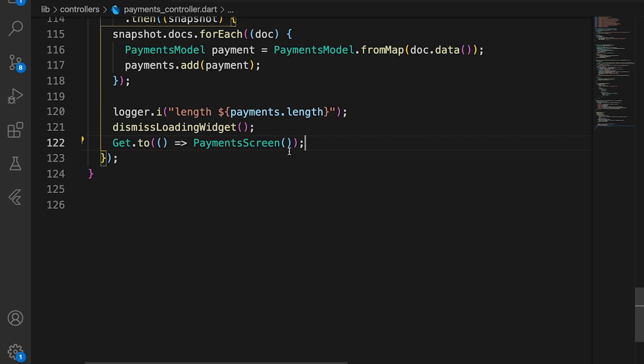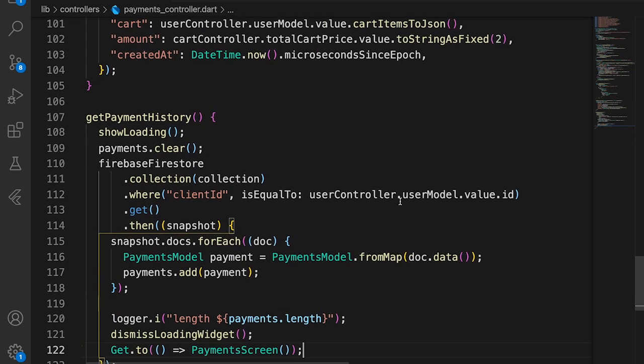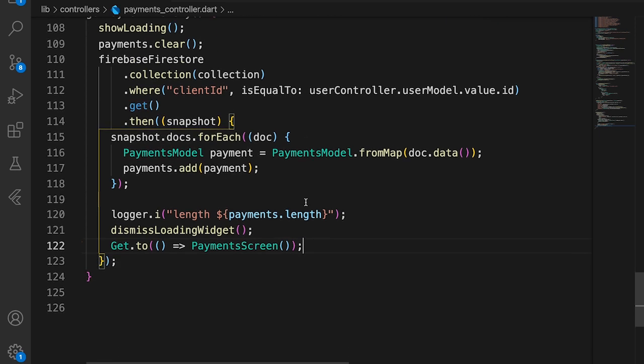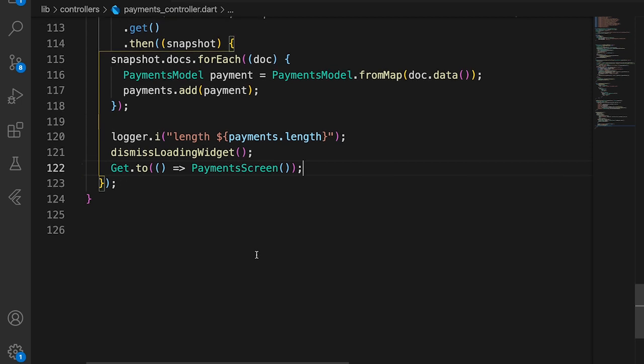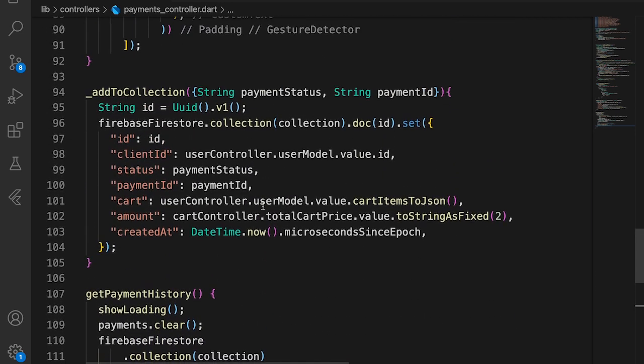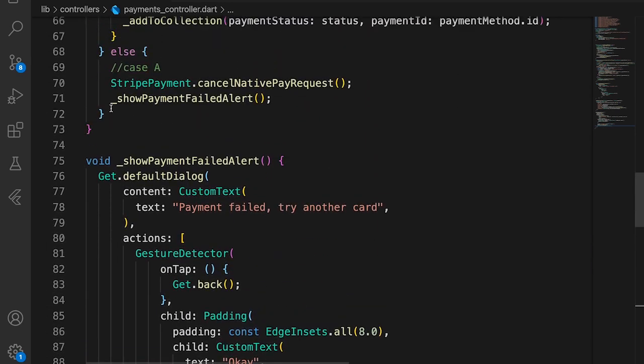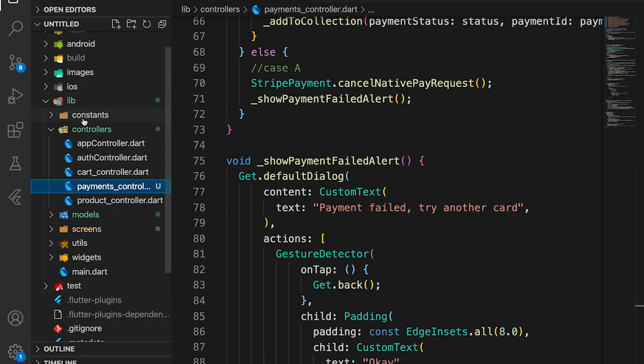After this is done, we want to get to payment screen. So from the home screen, we are going to call this method get payment history. After everything is done, we are going to go to our payment screen. So this was basically it, actually. The final thing that we may want to do here is